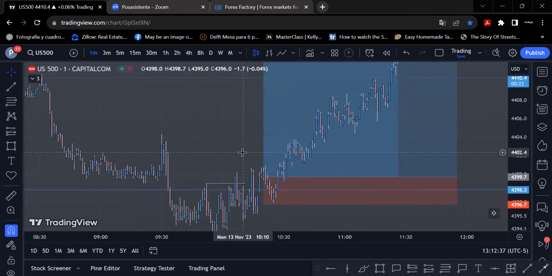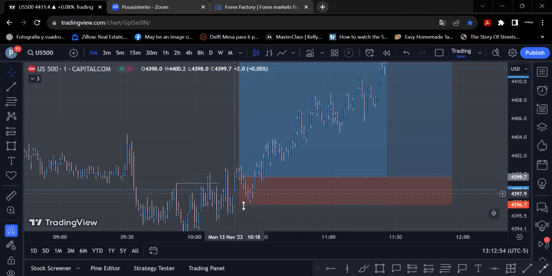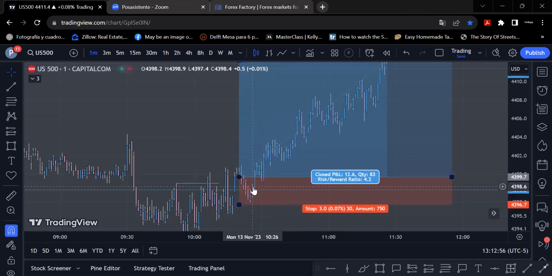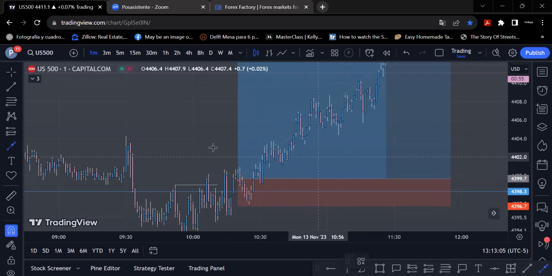So on the 1-minute time frame, we could also see that there's confluence here with this imbalance around that same area. And we also have these down candles here, which should support price to the upside. So that gives us good confluence that price should continue up, and this low should not be raided. Again, we should not see price come down and take this low out anymore. Therefore, we should see upside on